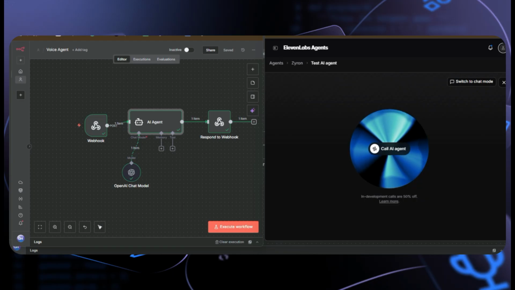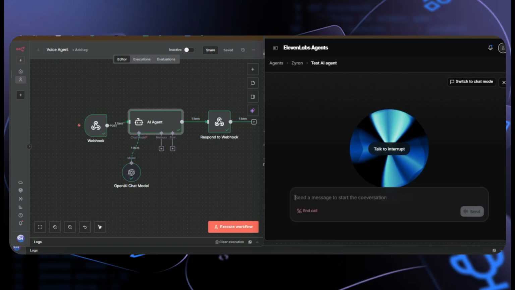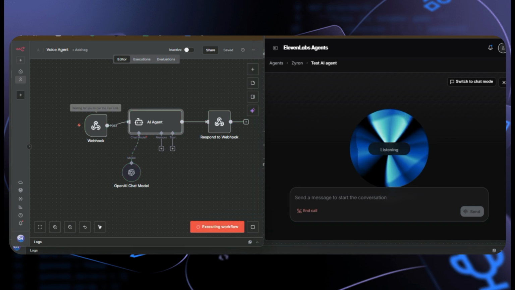So let's try it. First I will call the AI agent. So, who are you, and which companies do you work with, and what are your services and your pricing?